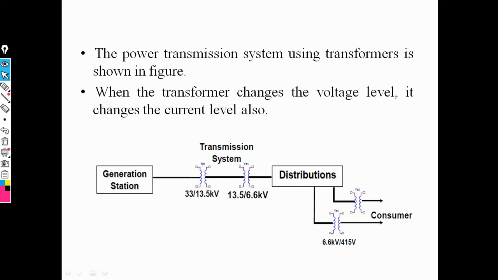Now, the power transmission system consists of transformers. That means on the generation side we need a transformer, and this transformer changes the voltage level and current level. Transformers are of two types: first is the single phase type, and another is the 3-phase type transformer. That is the type of transformer based on voltage,